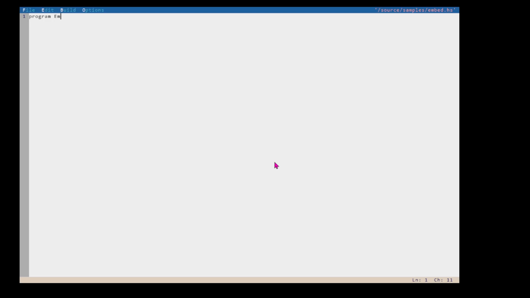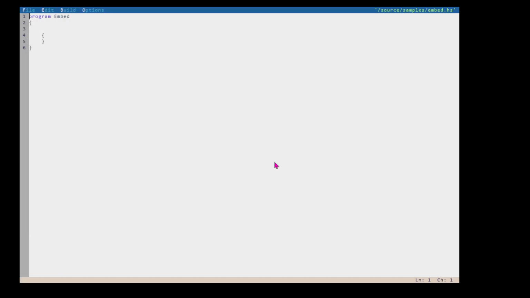So we'll give it a name, program embed, and there's a bug in the current Hopper editor in that it doesn't do syntax highlighting for a new file until I open it again. There we go. Now,